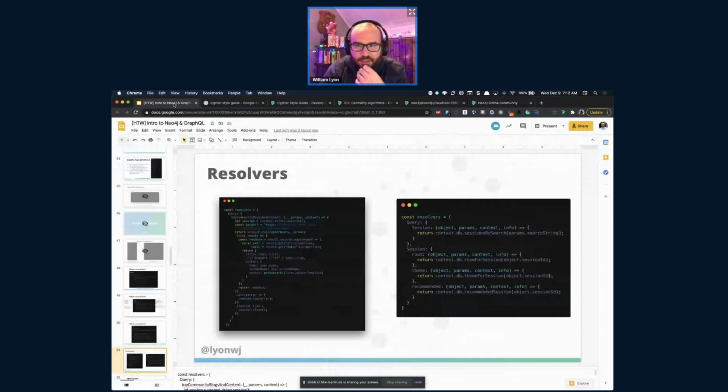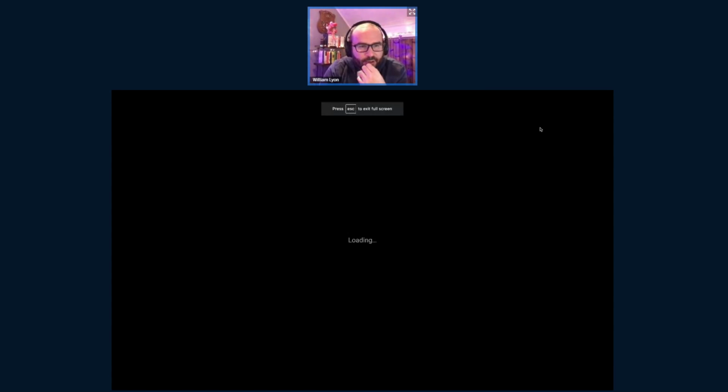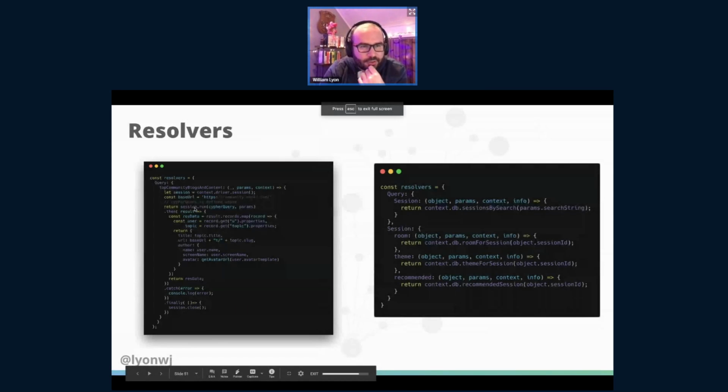And it looks something like what's on the left there, where we have a cypher query and we use the neo4j driver to issue the query, and then we have to format the results that come back a little bit. So we can construct database queries directly in our resolvers, or if we have some other ORM-like object to work with, that's a common